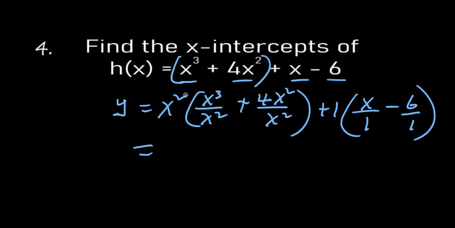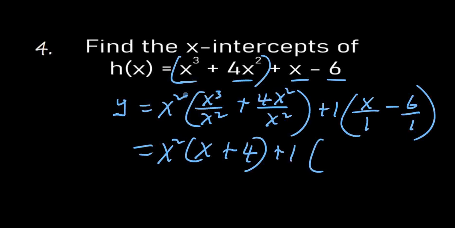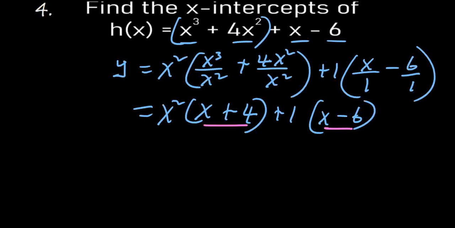So y equals this. x cubed divided by x squared gives you x, and 4x squared divided by x gives you 4. x divided by 1 is x, and negative 6 divided by 1 is negative 6. So you discover that the content of the parentheses is different. There are times that you will even need to switch the terms, as long as you keep the same value. So h of x now,